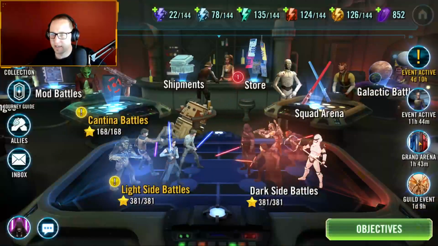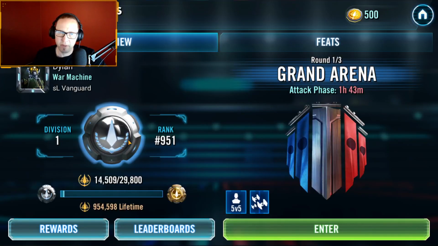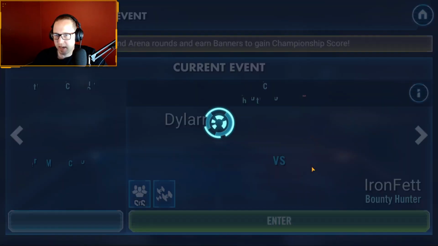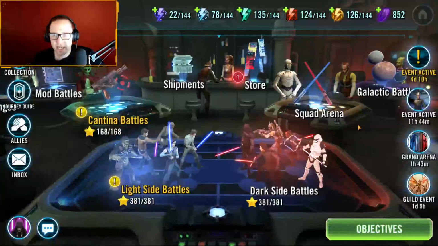Actually, I found the hardest one is going to be the Night Sister one, but I don't need it, right? You can skip 35 banners. Last Conquest I got, oh, that is not Conquest. Last Conquest I got every single feat, every single banner, so...